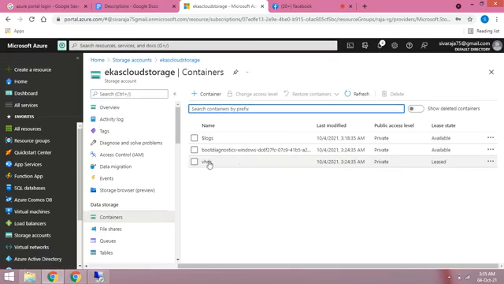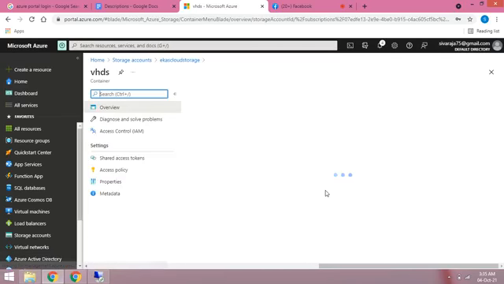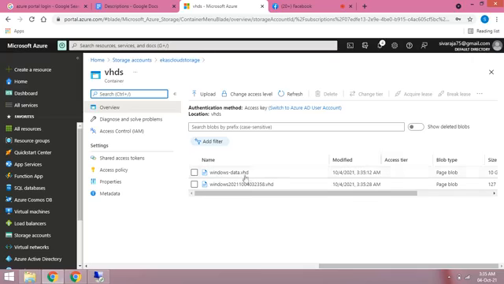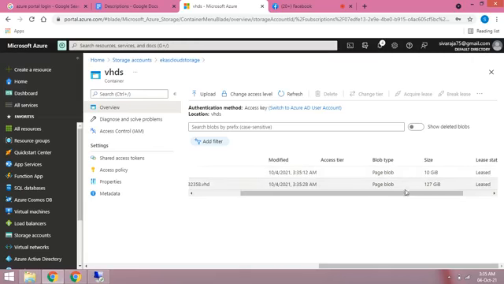Inside the container are our hard disks. Two hard disk files are there: the OS disk file and our additional data disk file. So this is the option to create a storage account, and inside the storage account create data disks.